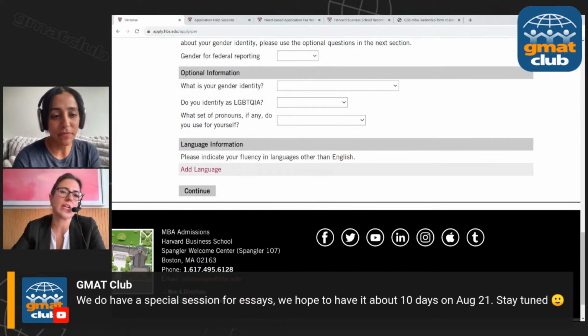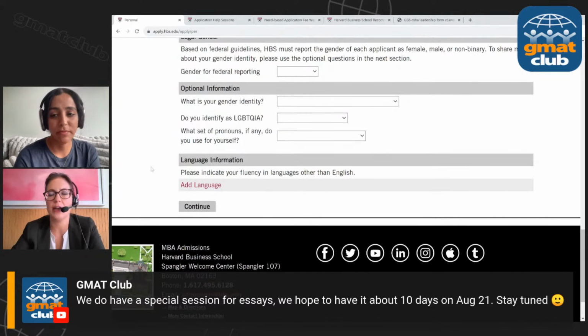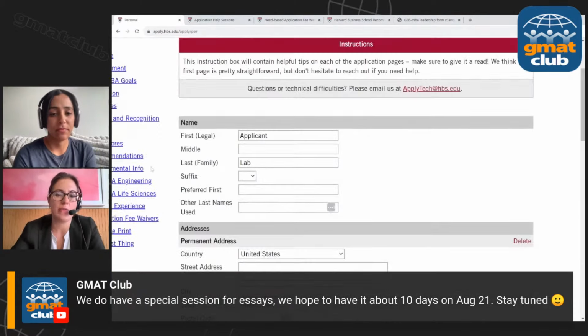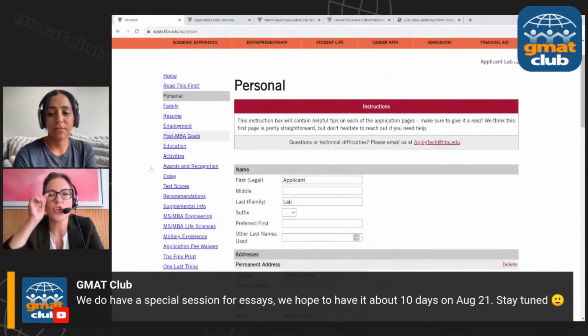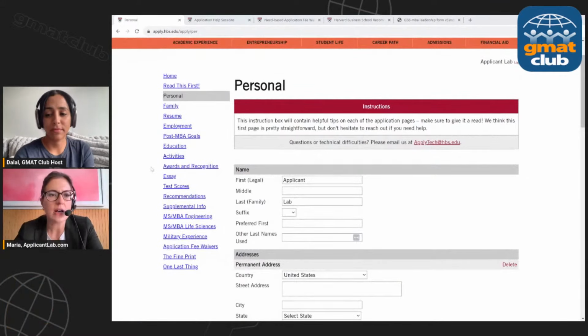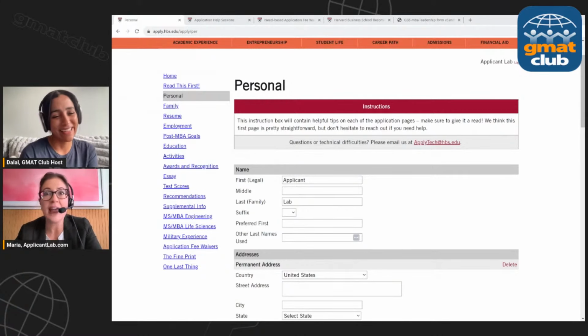Yeah, let's keep going. So super quick here, language information. You can add the language. The number one thing I want to say here is do not exaggerate a language. Do not feel like, well, I'm really only kind of basic in French, but they'll be more impressed with me if I say that I'm fluent in French, because you have no idea if someone on the admissions team speaks French, and I'm the head of admissions, I'm going to be like, hey, Pierre, why don't